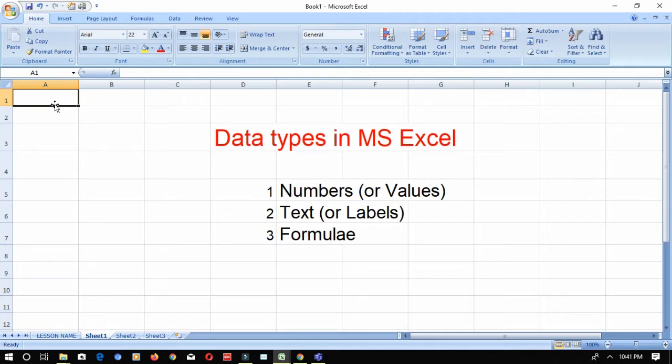For example, I wanted to type 1, 2, 3 in order. So what can I do? I can just select both the cells. This is the order I wanted, a continuous order of consecutive numbers, a serial number or roll number I wanted to enter. So how will I do it? First two cells I have to enter because it should know the range of the cells. It should know which way you wanted to fill the data.